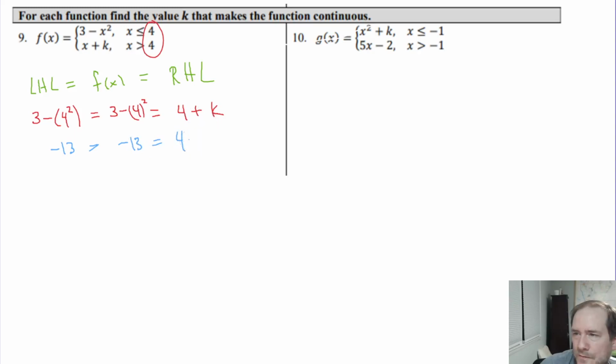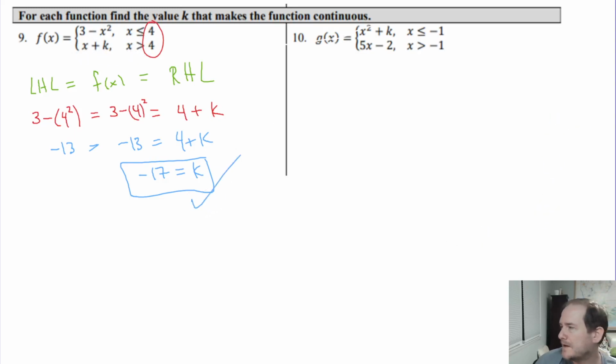And so for 4 plus k to be negative 13, we'll just subtract 4 from both sides, and we'll get negative 17. And we see that if we let k be negative 17, then we will end up continuous, because the left-hand limit will be negative 13 and the right-hand limit will be also. So that would be our value of k. And for the next one,